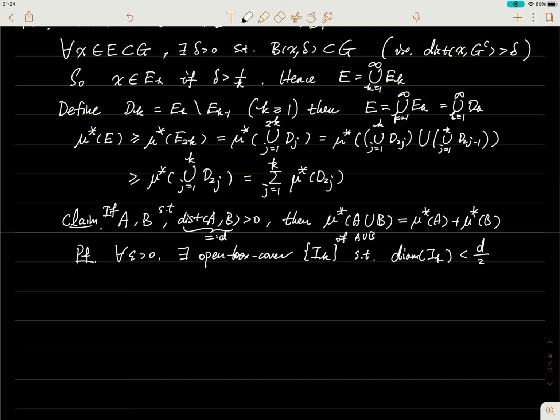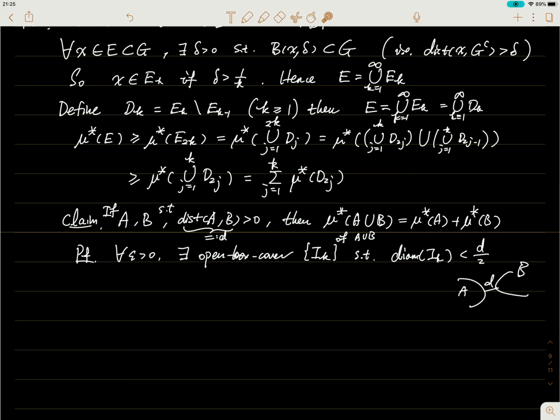The union of A and B. And since the diameter of this I_k is smaller than half the D, and the distance between A and B is D, so that means I'll have this A, this B, and this distance D. So if I look at the individual I_k, I'll see that since the diameter of the I_k is covering